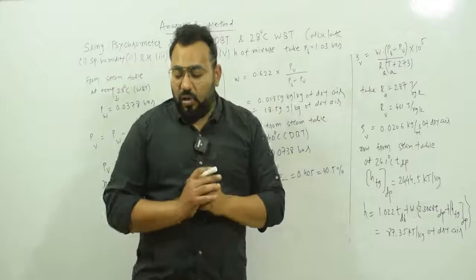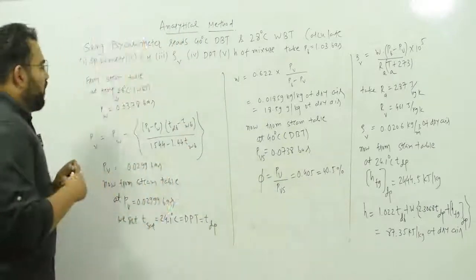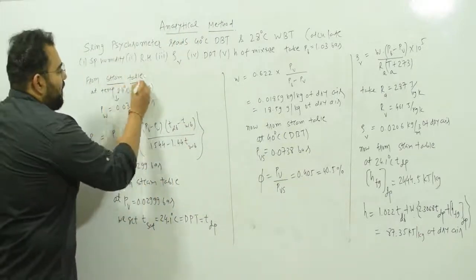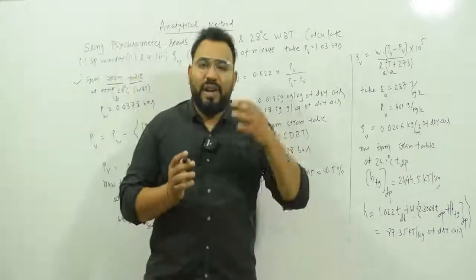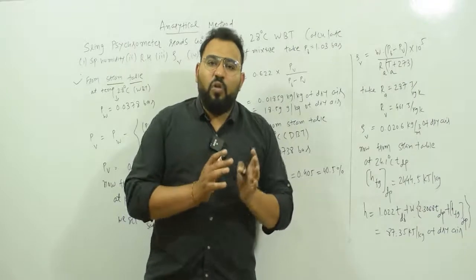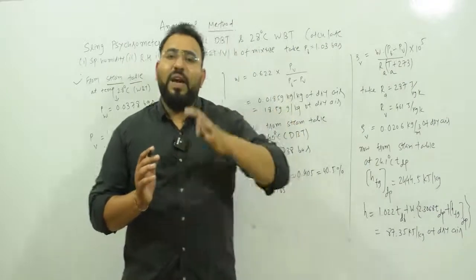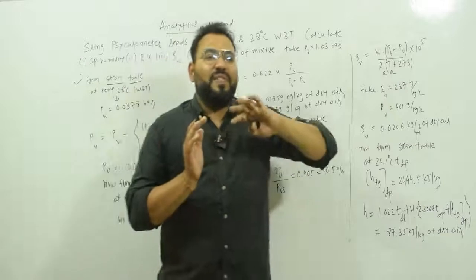Let us start solving the example. First thing you require is the steam table. Now what is a steam table? I already told you, you have the refrigeration chart by R.S. Khurmi. Go see the index, and in the index you will have a steam table. So you don't have to purchase it separately.